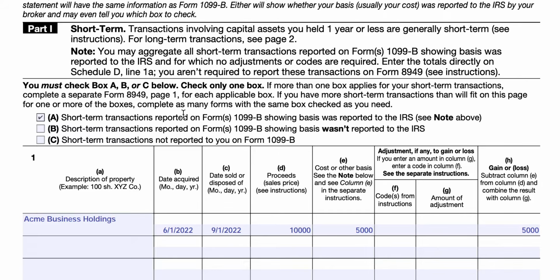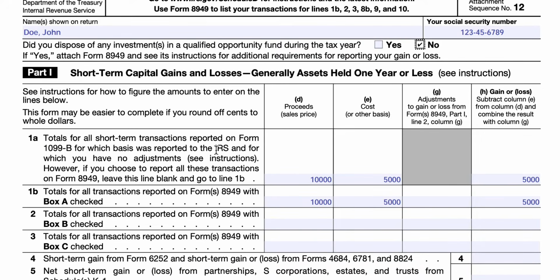So you reported it here. Now, there's a note that says you can aggregate all short-term transactions where the basis was reported, no adjustments. You can enter that directly on line 1A, and you don't have to report that here. So the distinction is there are some transactions you have to report on IRS Form 8949, but the ones where you have a choice of reporting on 8949 and then transferring it over to your Schedule D,